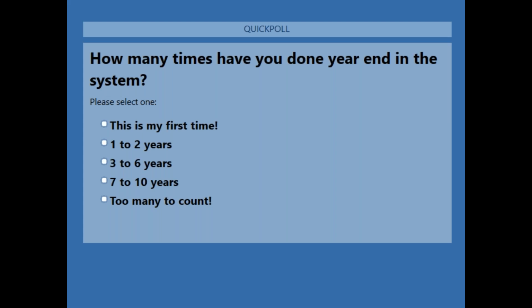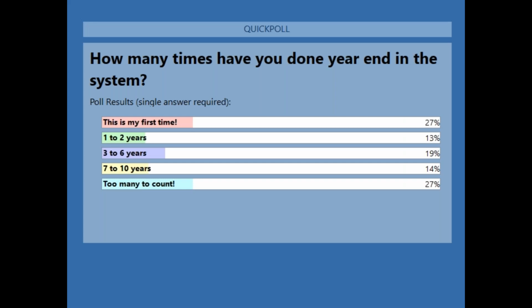So as this is trending, it looks like 25 to 30% are first times. And then we got about the same number that are the veterans, that are too many to count. And then the other items are split in between. Kaylee, can you go ahead and close that out and just publish that so everyone can see the results there and see how everybody has voted?